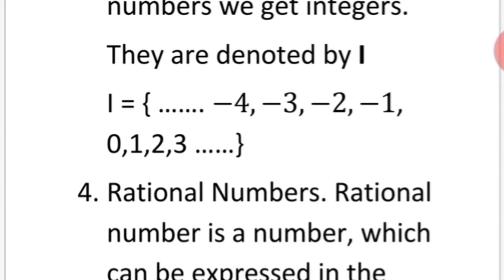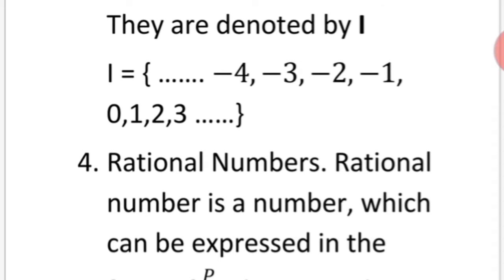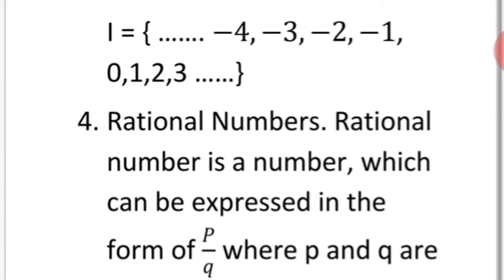So, what is included in integers? Negative numbers, 0, and all positive numbers are included in integers. It is denoted by the capital letter I. I is equal to the set of ..., -3, -2, -1, 0, 1, 2, 3, ...